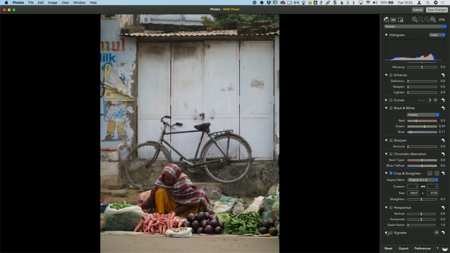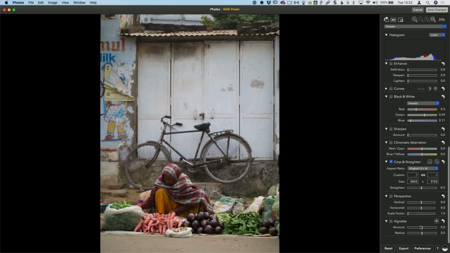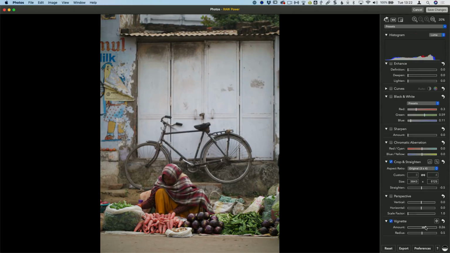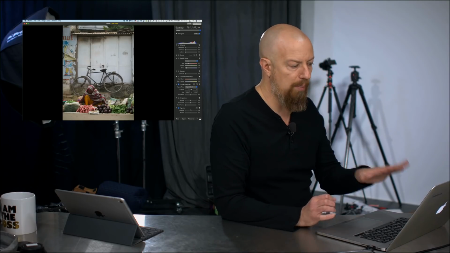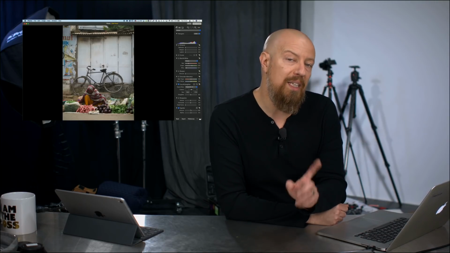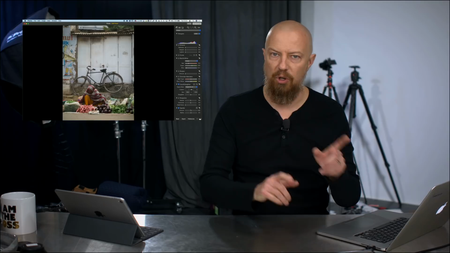And then finally at the bottom you have a vignette tool, which is both a vignette and a devignetting tool, so we can devignette, brighten up the edges if we need to, or vignette it, darken those edges down. So those are the extent of what I want to show you today inside of Raw Power out of Photos in Mac OS. But before we leave today, I want to show you how this integrates over with iOS, because